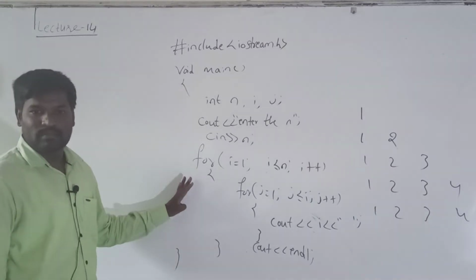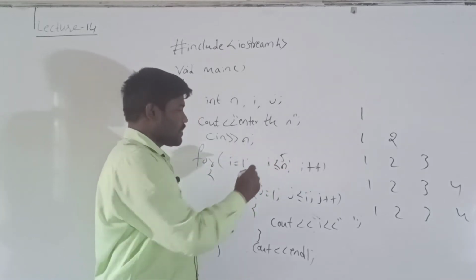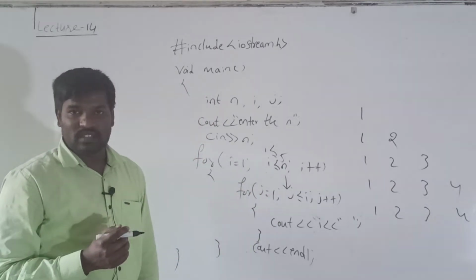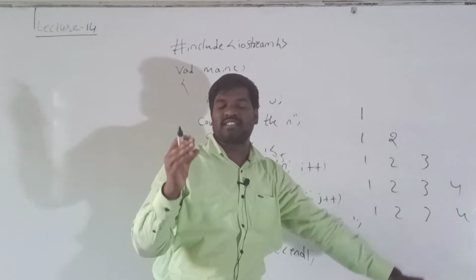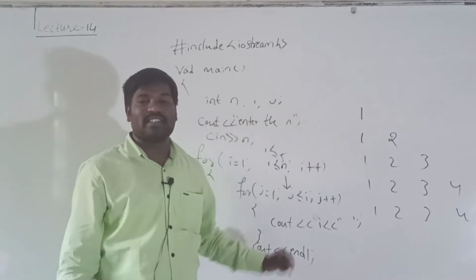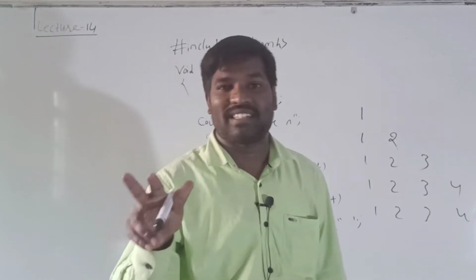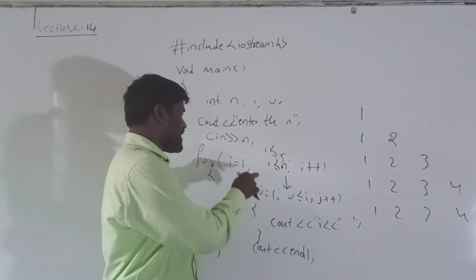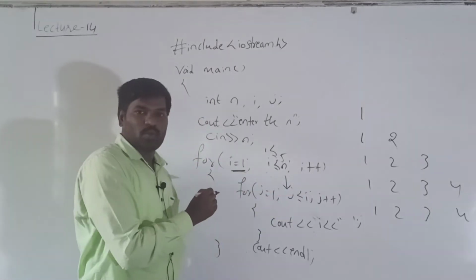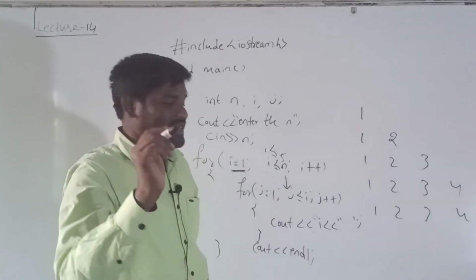So this is the program. See here, initially i = 1, and I can give the n value as 5. 1 is less than or equal to 5, the condition is true, it will come to the inner for loop. If every line consisted of 5 values, I would directly write j <= 5. But the first line consists of only one value, the second line 2, the third line 3, the fourth line 4, like this. So that's why j <= i. The present value of i is 1, so this inner for loop will execute only one time.